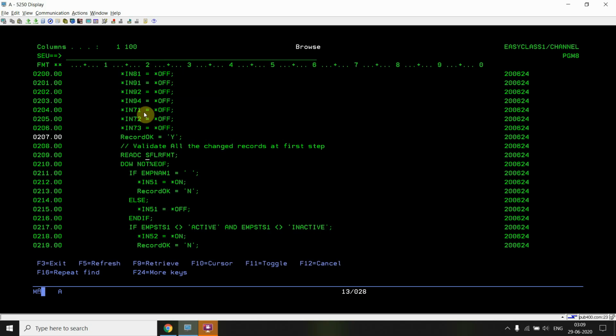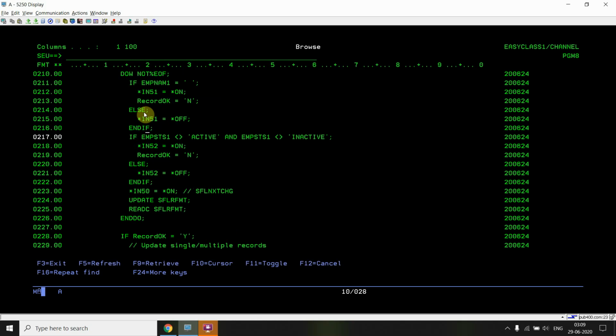The first time, it will do the read C, and it will read the records of the subfile till the end of file, and it will check those values, employee name and employee status. If the records which the user changed are okay, then it won't set those indicator 51 or 52 to on, it will set those two off, and it will update the indicator 50 to on, which is associated with the SFL exchange keyword,